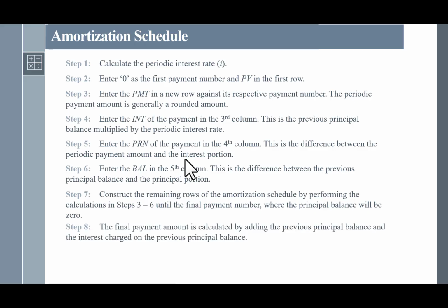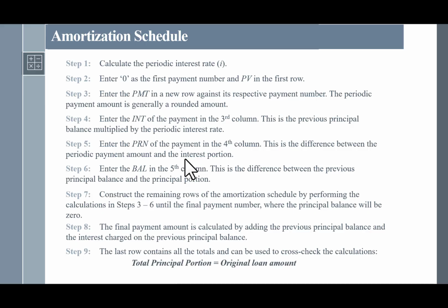The final payment, as we said, is calculated by looking at the balance for the last payment plus the interest for this period, and that would be your last payment. And as I said, it could be of lesser value than the other PMT. Okay, so